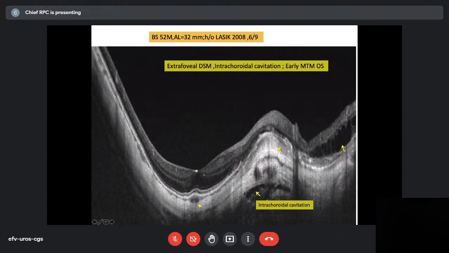This is a condition where the DSM is not on the fovea, in a very severe myopic patient. We see so many of them. So the swept-source OCT showed us the dome-shaped macula away from the fovea. And in between, you see the choroidal cleft. Choroidal clefts have also been described, and one should note them.